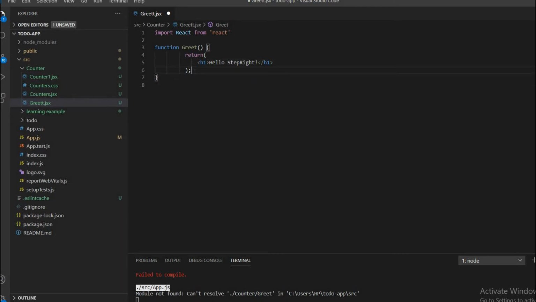Here I'm putting a semicolon, and that is pretty much it. We have created our first functional component.